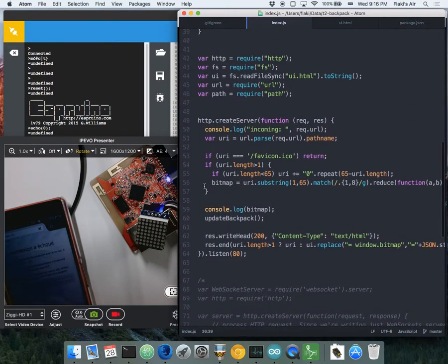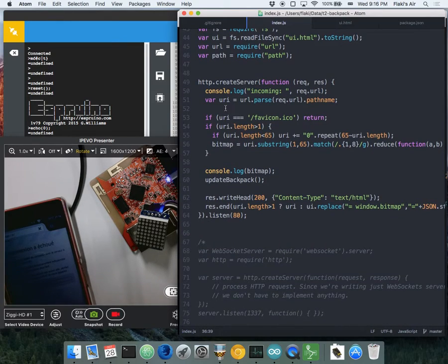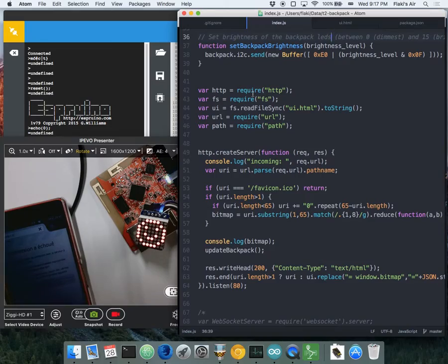That's 60 lines. In 60 lines it is actually creating a Node server, a Node server that is serving you a web page from the board itself, and you could use that web page to interact with the board itself. So if you know the IP address of the board,